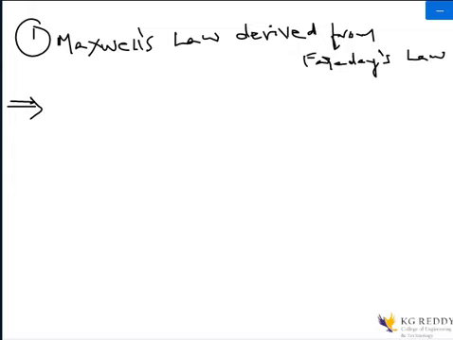According to the basic concept of the electrostatic field, we know that the work done over a closed path or a closed contour is always zero. So it is generally represented in Maxwell's equation as the integration of E dot dl is equal to 0. This we have seen in the earlier lectures.